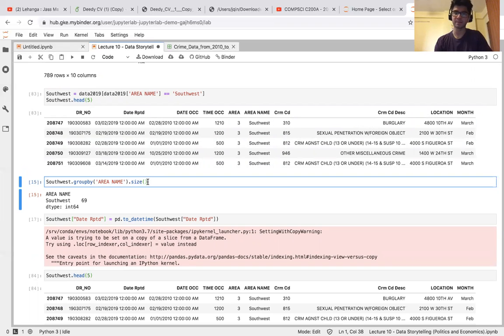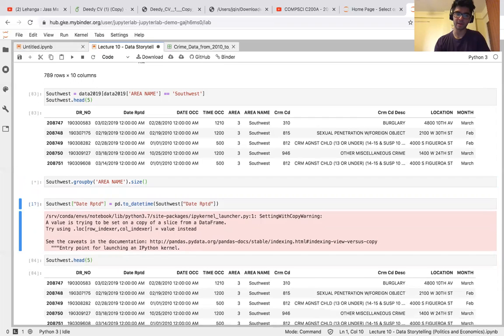So all of these commands are very easily readable online on the internet. You can find out more about how to manipulate pandas data frames. So if something doesn't easily come to you right now, don't worry about it at all, because a lot of these things come with practice. And once you see the general workflow and once you see this multiple times, I'm sure it'll become second nature.